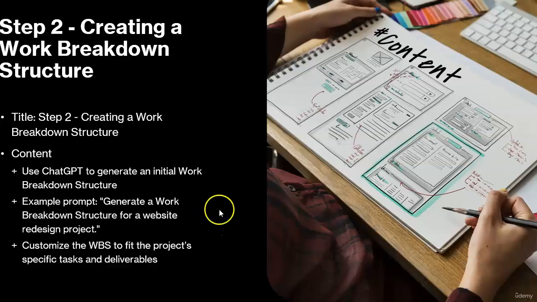Next we move to step 2, creating a work breakdown structure or WBS. The WBS is a crucial tool that breaks the project down into manageable tasks and deliverables. You can ask ChatGPT to generate an initial WBS by issuing a prompt like, generate a work breakdown structure for a website redesign project. Once ChatGPT provides the structure, you can customize it to fit your specific project needs. Let's go to the ChatGPT window